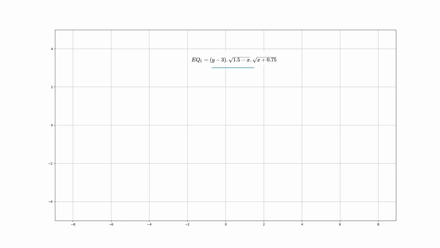This is the equation of the line that forms the top part of the emblem. It is a horizontal line at y equals 3. But we do not want the lines to go on forever, do we? We need to cut it off at the desired limits. That is the purpose of the square root parts attached to it. Those are the bounds, outside of which we need to refrain from plotting the line. In this case, the bounds are set at x equals minus 0.75 and x equals 1.5.